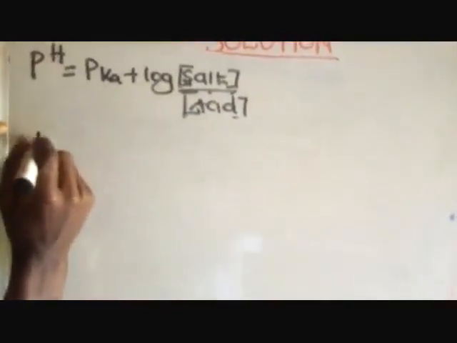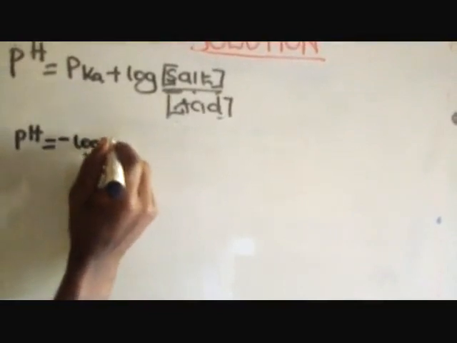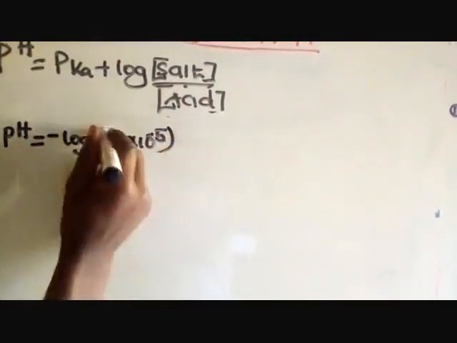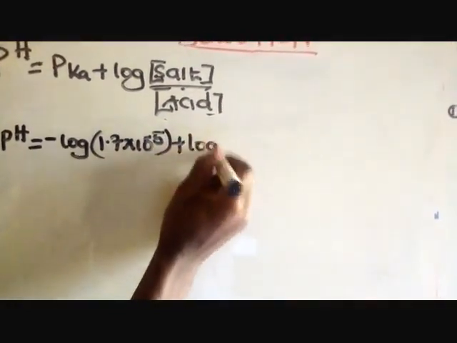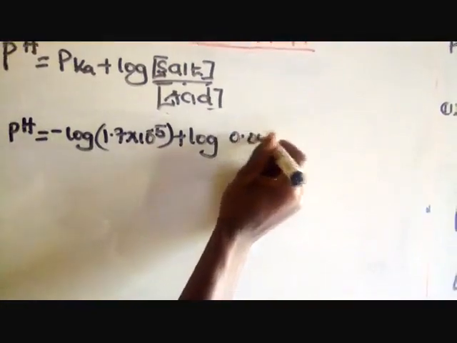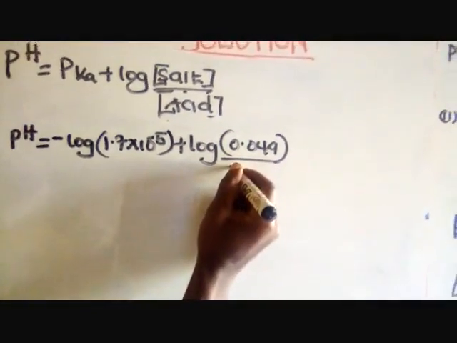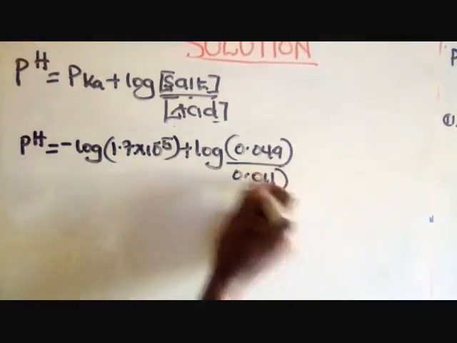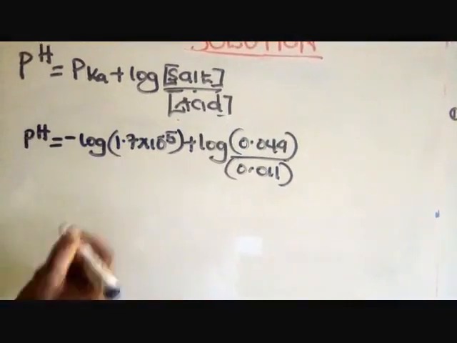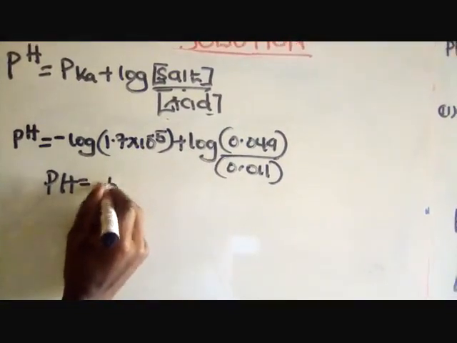So we are going to say pH is equivalent to the negative log of our Ka of the acid, which was given in the question. Remember part A of the question. Then plus log of the salt, which we have got now as the new concentration, which is 0.049 out of the acid concentration, the new one, which was 0.011, and then from there we compute and then we get the answer. Now computation, we are seeing the pH. Get your calculator and in place is